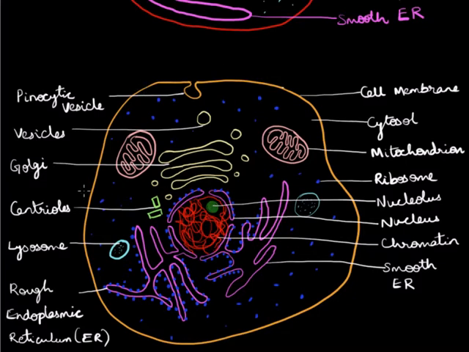As you can see, my cell, this animal cell, doesn't look like a circle. It just looks like some weird blob sort of shape. So just remember not to give any sharp edges to the cell. In fact, any of the organelles. Don't give any sharp edges to any of the organelles except probably the centrioles. We just represent them using rectangles. So this is how a finished cell looks like, and now